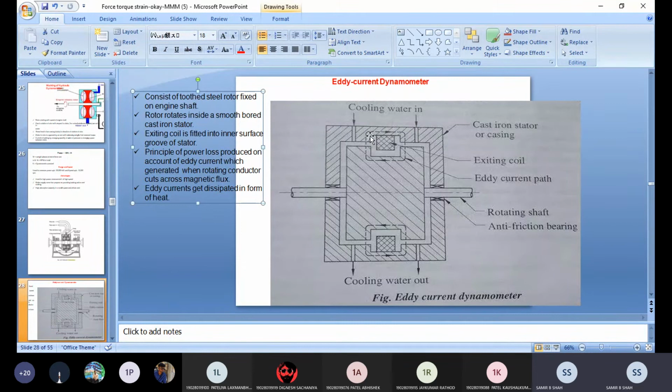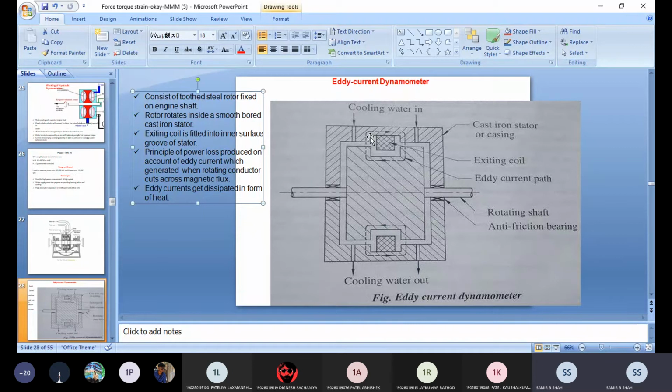The torque is measured exactly as in other types of absorption dynamometer. Okay, we measure the torque as we discussed in the previous method. The load in internal combustion engine testing is controlled by regulating the current in the electromagnets. Okay. Advantages: high brake power per unit weight of dynamometer. It has no intricate rotating parts, as you can just see in the diagram. No natural limit to size. Relatively high torque under low speed condition.